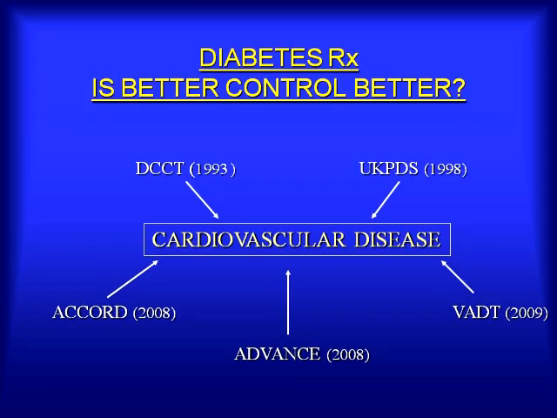So now, 2010, 2011, we have 5 studies that are all saying much the same sort of thing. The original 2, we've got the ACCORD, we've got the ADVANCE, and we've got the VADT, all saying that cardiovascular endpoints don't seem to be improved when we tightly control that patient. And this has been kind of disturbing. It's kind of been a little bit